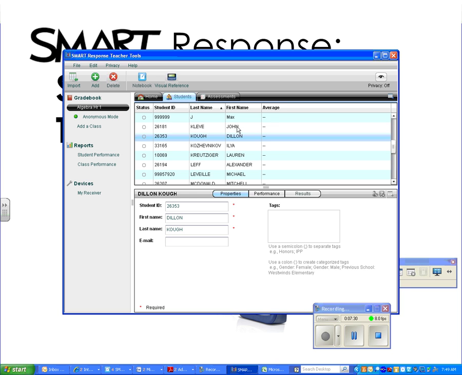Helpful hints: if you click on a student's name here, in the lower right hand you can tag a student, and this is helpful if a student has a 504 or an IEP, if they passed their MCAs, or didn't pass. Anything that you wanted to flag with that student when you're going through and looking at the gradebook, then